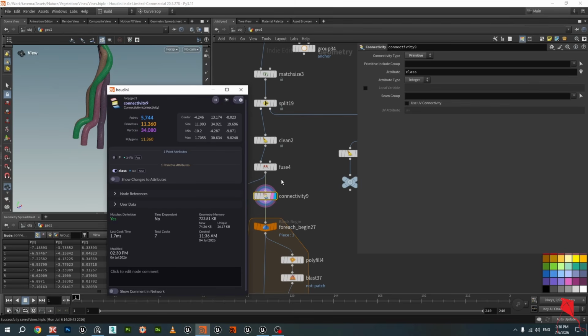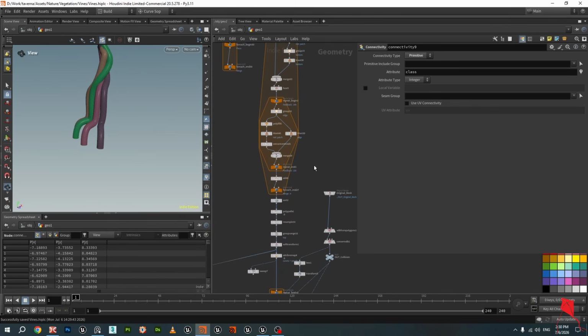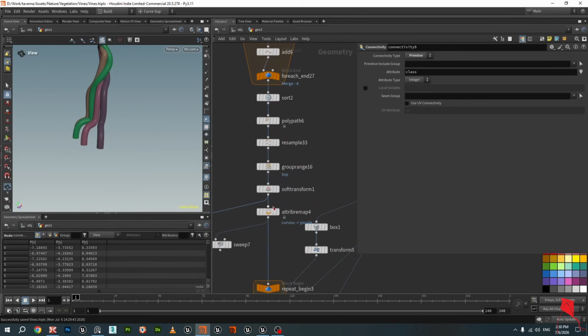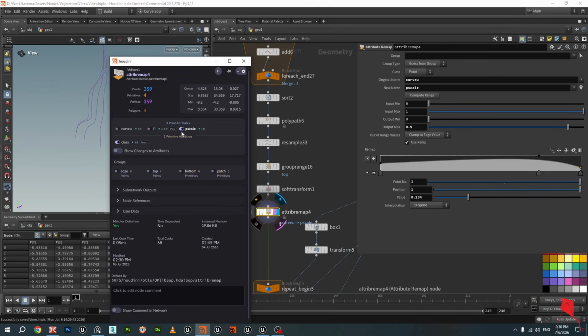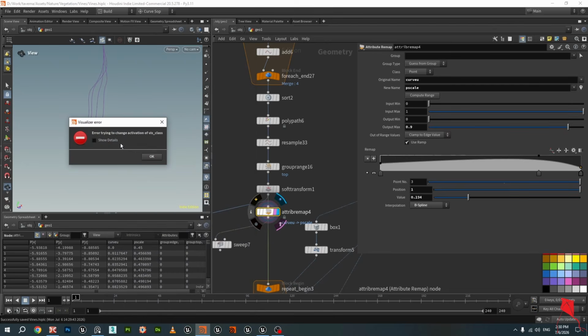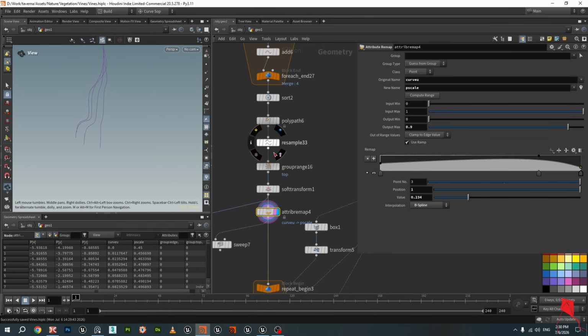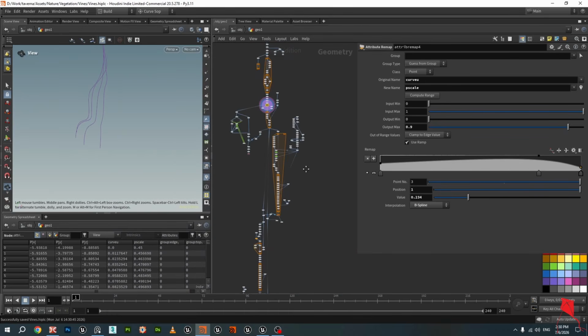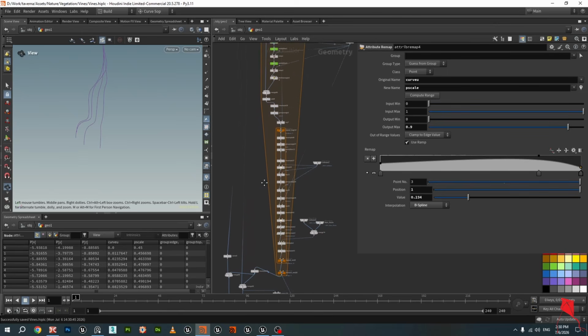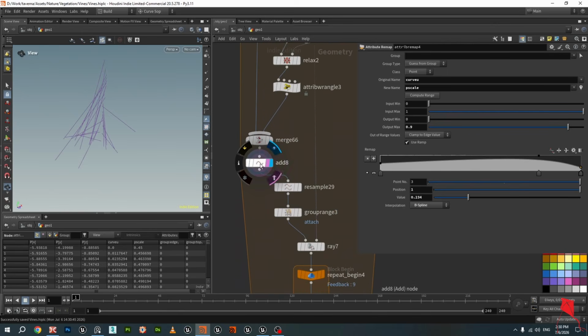I need p-scale now to demonstrate the results. Oh well. Okay, so now we have our